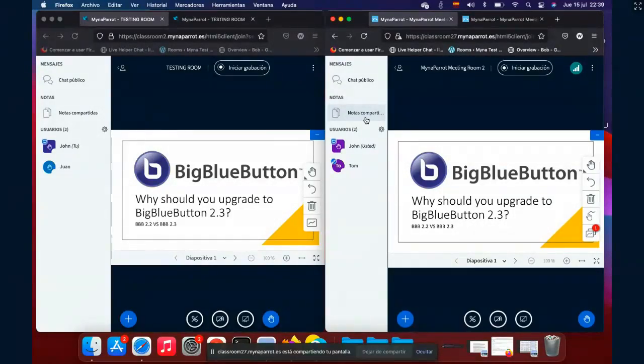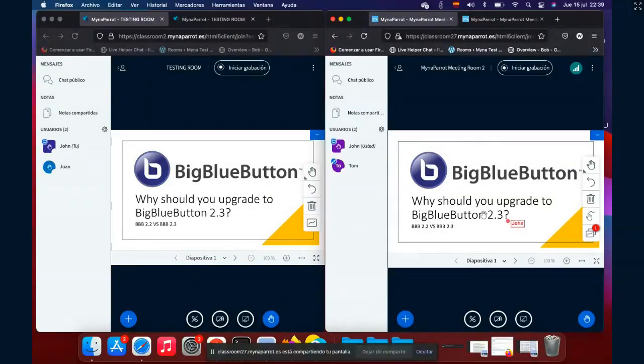Another feature is that you can now give permission for the whiteboard individually to a specific student. Before, we could only allow all the students. If the teacher or moderator wanted to give the user permission for the board, they had to give permission to everybody.